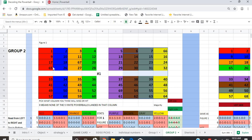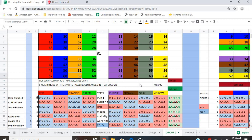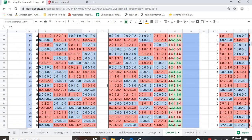So again, the numbers were 4 in the green, 8 in the yellow, 30 in the brown, 52 in the green, and 59 in the orange. Okay, so I always like to read things left to right, so I'm going to go with the 1 orange, 2 green, 1 brown, and 1 yellow. So down here, the current,